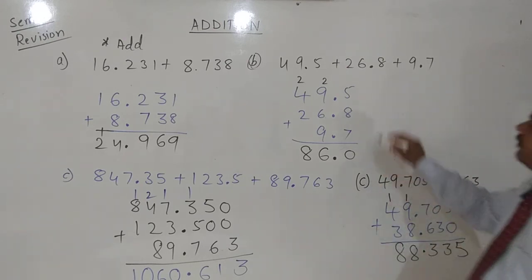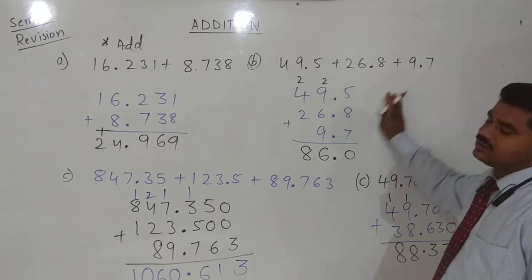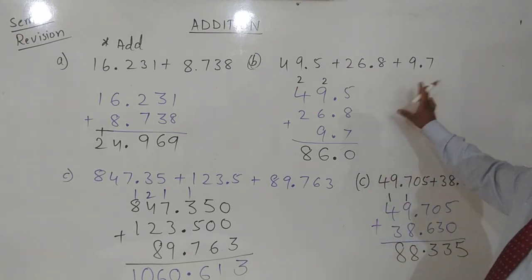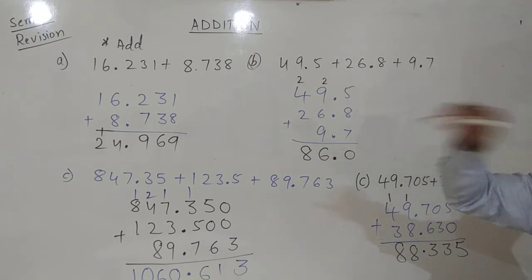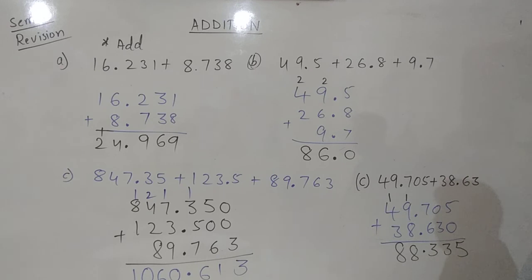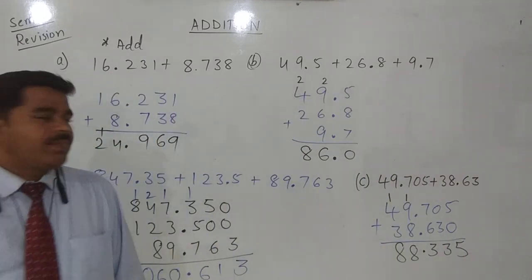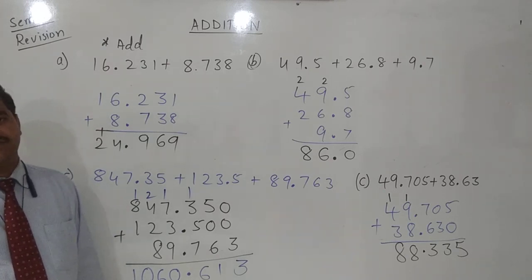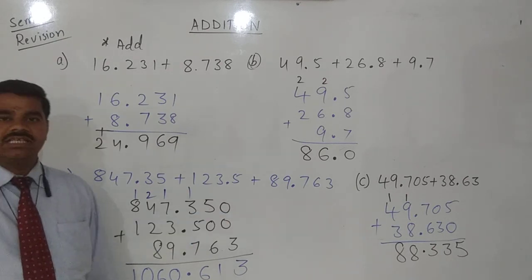Yes, we can find the sum of decimal numbers also. If the given quantities are in kg, gram, or kilometer, meter, then it is very fine. You can add the metric measurements also. If you are perfect with addition of the whole numbers and large numbers, then it is very easy to get the sum. Clear? And in the next class we will discuss addition of fractions, that is like fractions, unlike fractions, and mixed numbers.